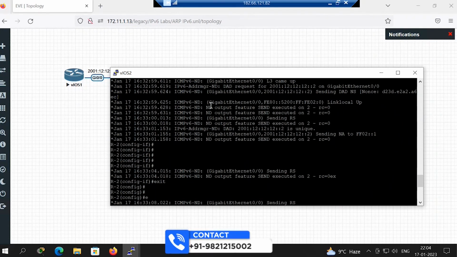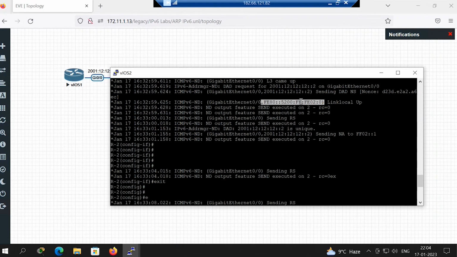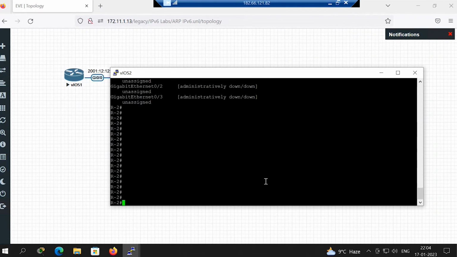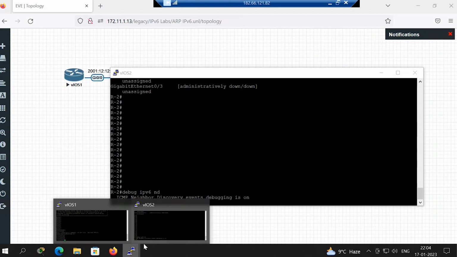Okay, yep. Here you can see IPv6 neighbor discovery on Gig0/0 having the link local FE80::5200:FE02:0, lastly. Its link local is up and duplicate address detection is turned on. Now I'm also going to enable the same command here, debug IPv6 ND, neighbor discovery. Now, if I implement the IP address on VIOS1, you'll find some messages here